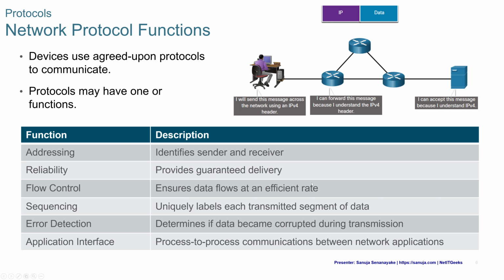Reliability provides guaranteed delivery, such as TCP connections. Those are guaranteed delivery, as opposed to UDP, which doesn't give you guaranteed delivery. Flow control ensures the data flows at an efficient rate, and sequencing uniquely labels each transmitted segment of data. Error detection determines if the data becomes corrupted during transmission, and the application interface allows process-to-process communication between network